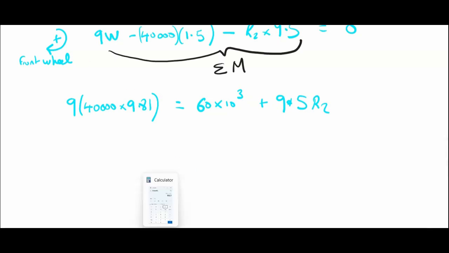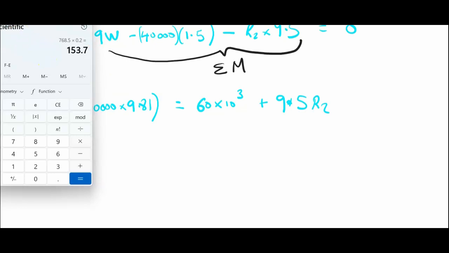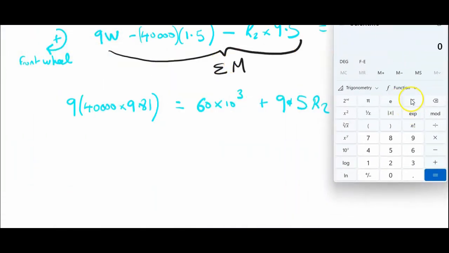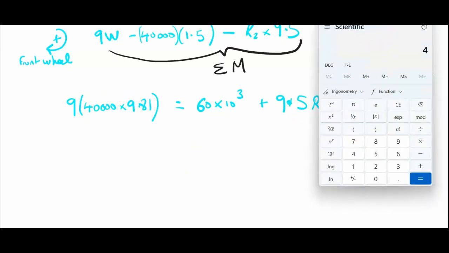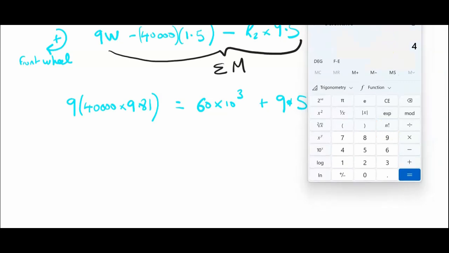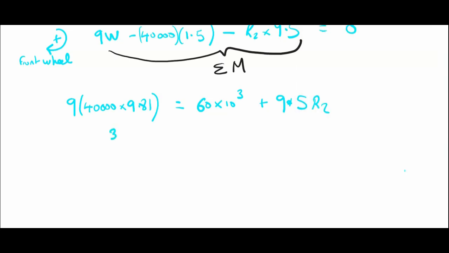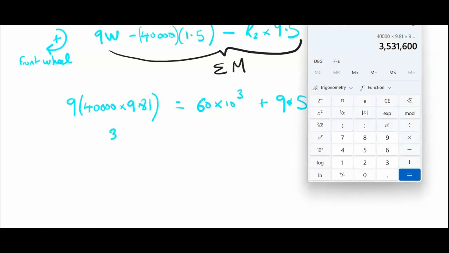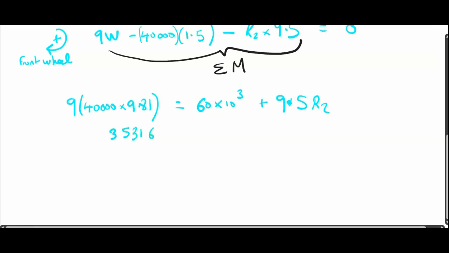So we bring up our calculator here. I bring this up on the screen for you to see. So we've got 40,000 times 9.81, and it's also times 9. Okay, so that is 531,600. And that equals the right hand side, which is still the same there. I've got 60,000